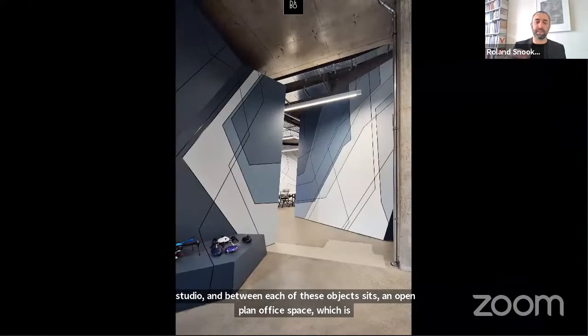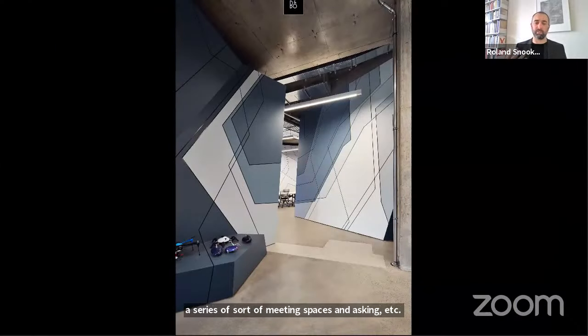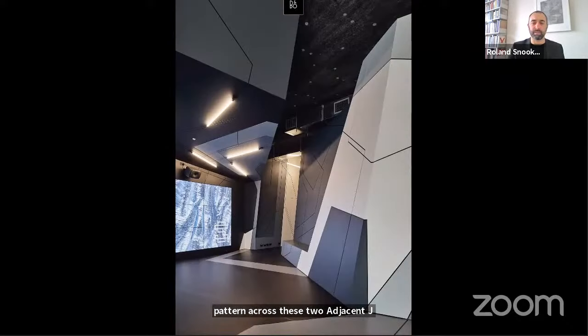The objects are generated through a series of positive and negative volumes and intersections between these. And sometimes these intersections are virtual intersections, which create the patternation for the objects. And so as you move around the project, these three-dimensional forms begin to come into focus. So for example, in this particular view, you can begin to see how one three-dimensional form is carving out or inscribing a pattern across these two adjacent volumes. Sometimes those